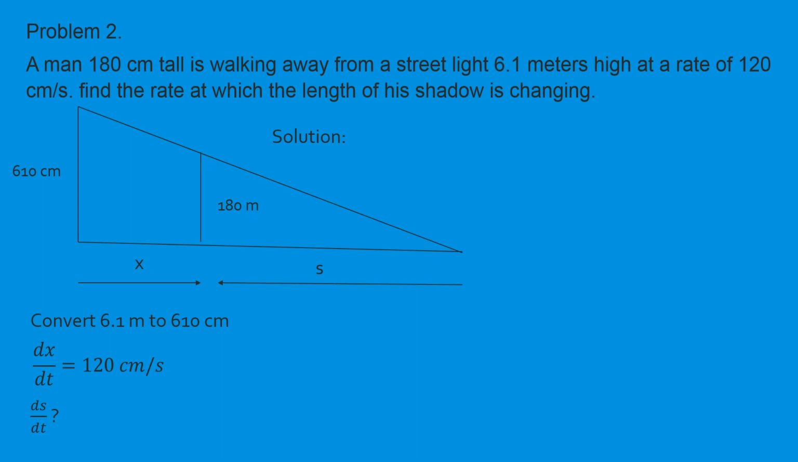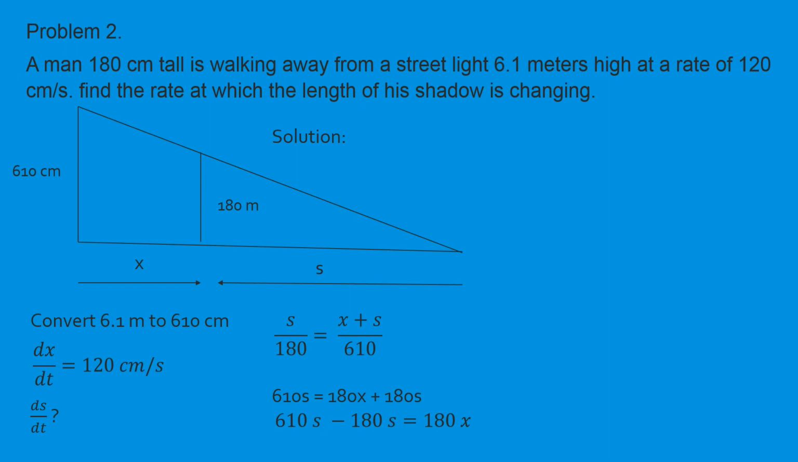So ds over dt ang ipangita. Okay, so using the property of similar triangles, we have s over 180 is equal to the longest side, we have x plus s over 610. Okay, then solving or multiplying that using cross multiplication, we can now have